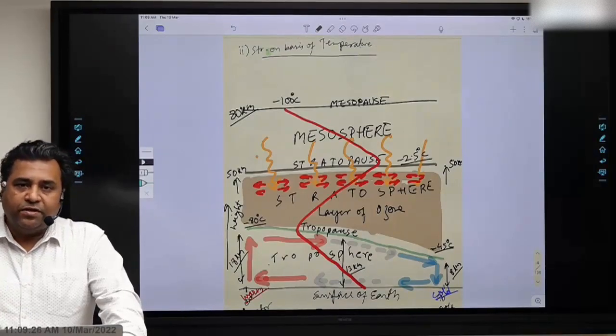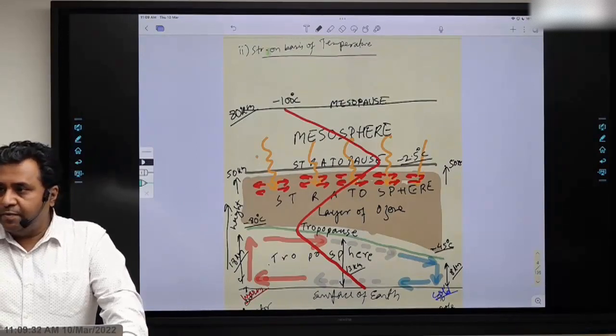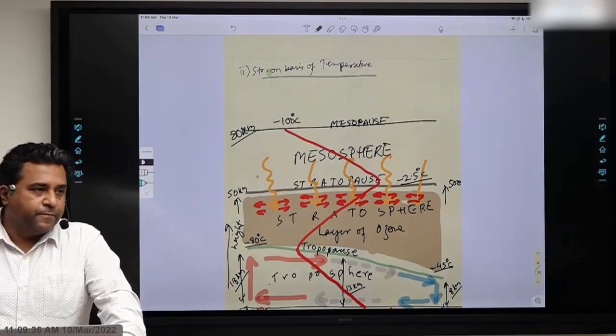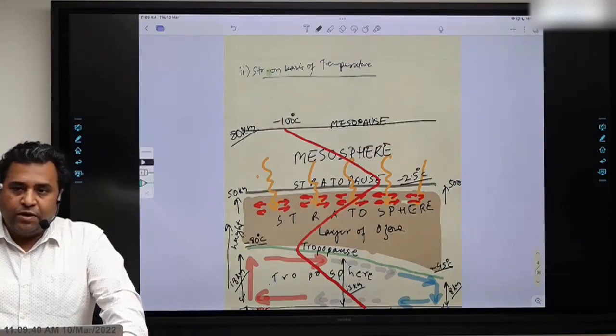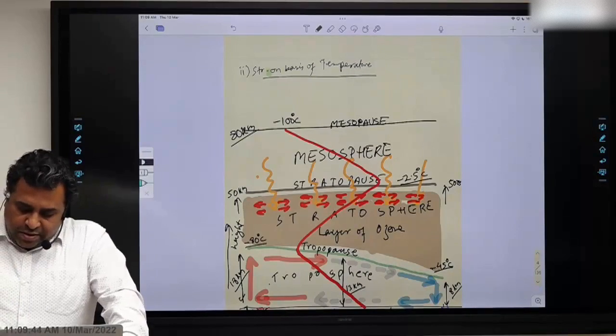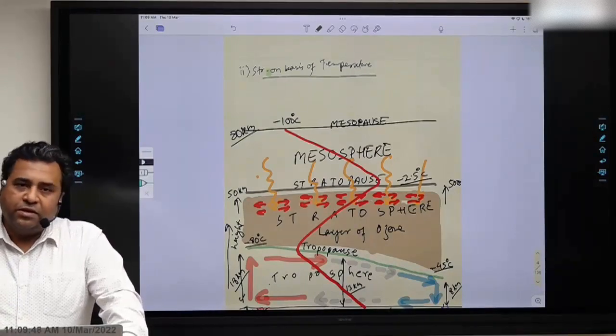On the earth, nowhere else do you find a temperature colder than this in the whole earth system, naturally. So this is the naturally occurring lowest temperature region in the earth system. Not on the land, but in the system. So in the mesosphere, hopefully we understand, the temperature goes on decreasing because there is nothing specific happening.